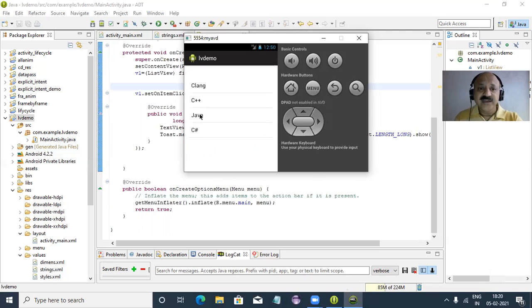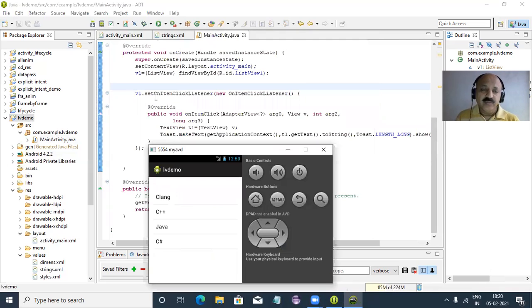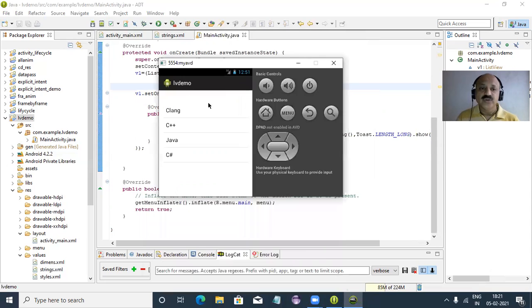So yes, it is not the selected listener but set on item click listener. You can look, what I previously told you. So I took both listeners and tested, and it is successfully set on item click listener. Yes, that is required here, on the list view. So first I took the selected item, but that does not print our required item.